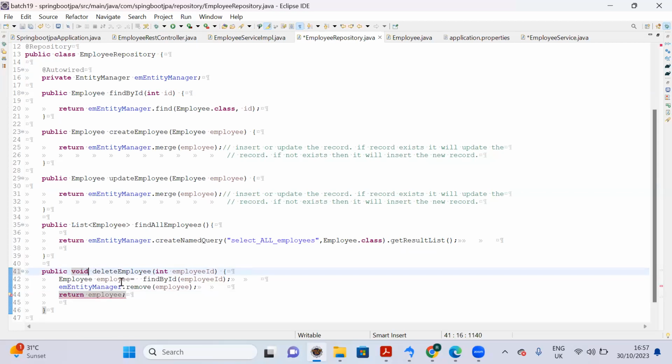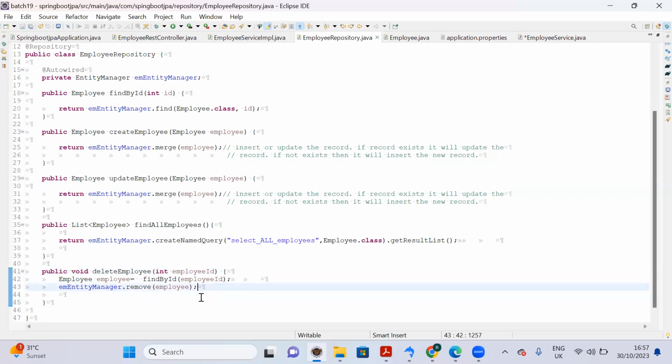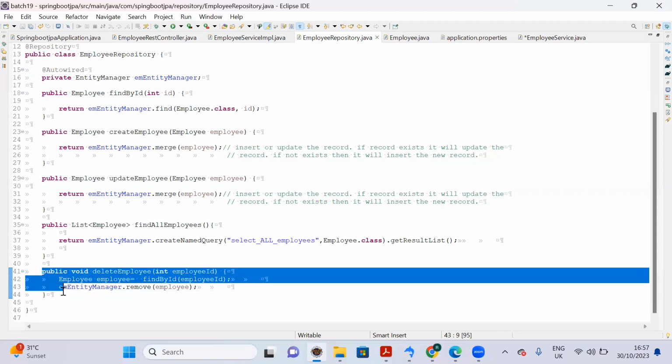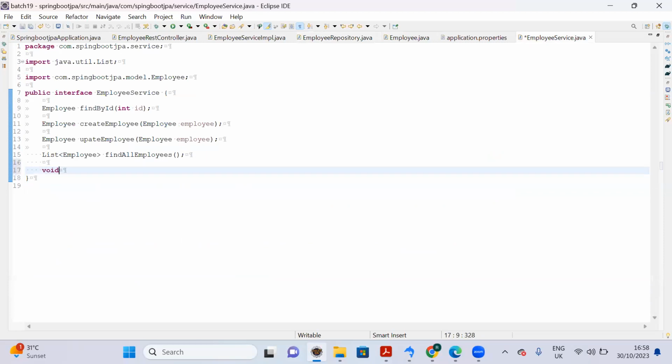That time what you have to do, just return void. That's it. Based on your requirement, guys, we have to return appropriate results. As of now, I'm returning void only. So now let me go to employee service and void